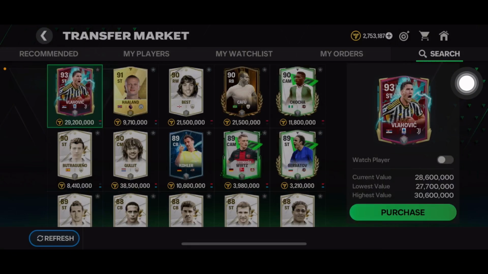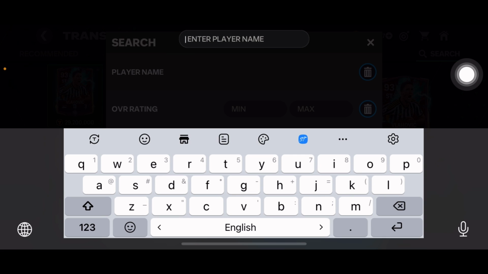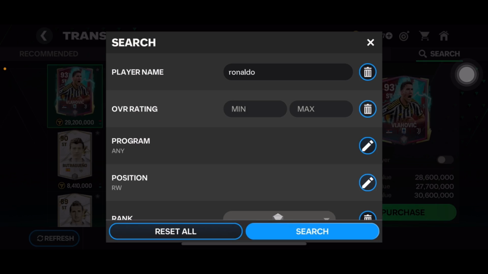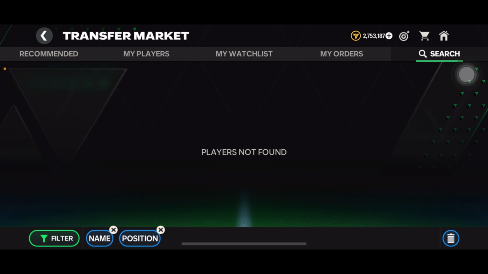For that you need to go to your search option, press on search, and then you can type your player. Suppose I want Ronaldo, then press on search. No Ronaldo available. So go back,